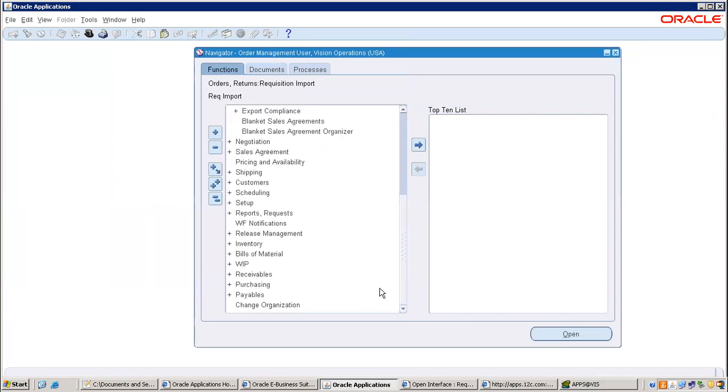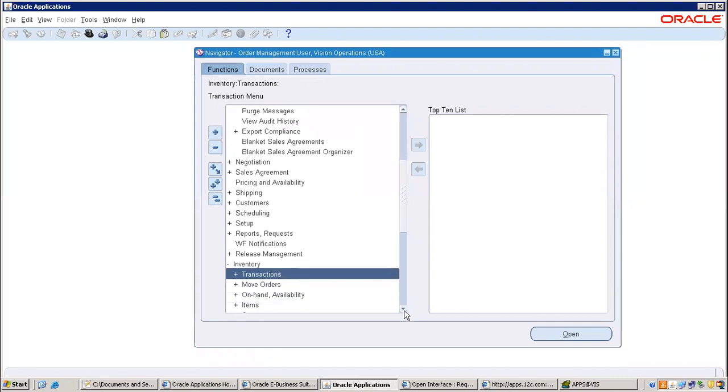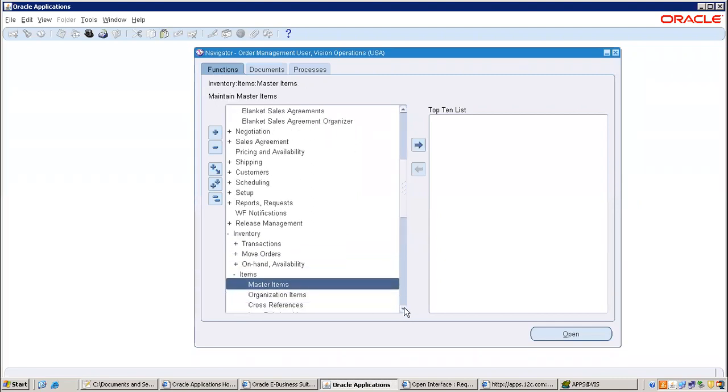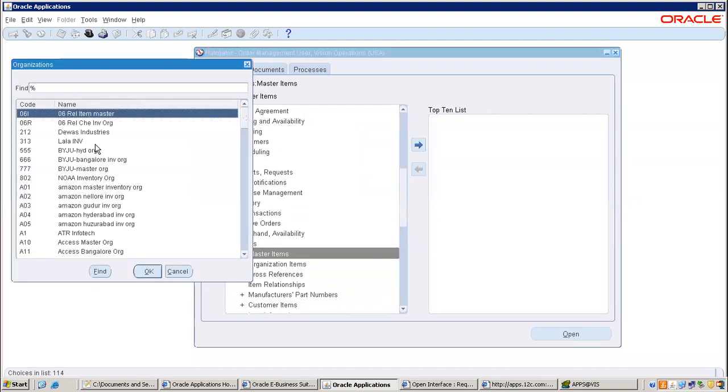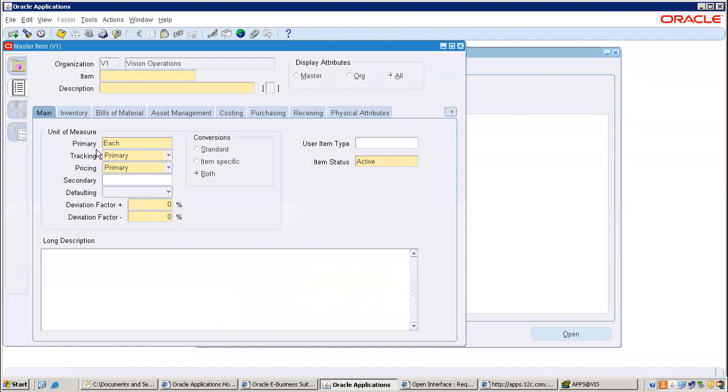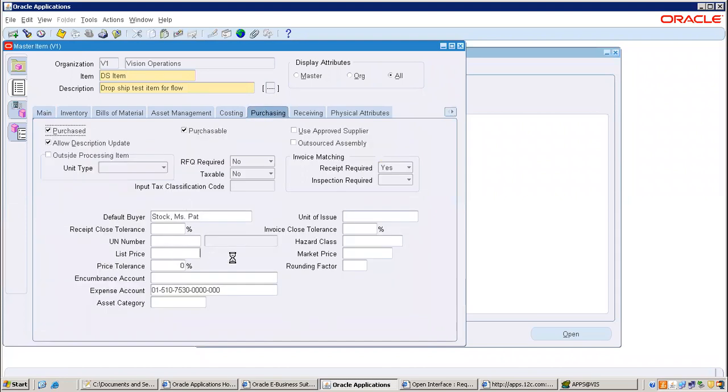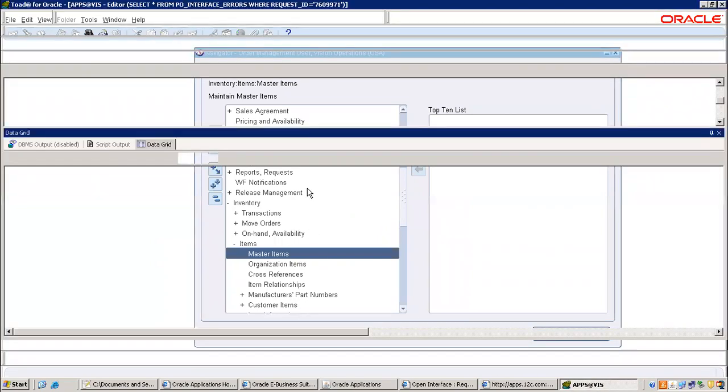Go straight away to the item master window. No, not miscellaneous, not related. Items, Master Items. We need to enter this. This is the price. So let's say the purchasing price, you are purchasing at $2,000. That's it. That is the solution for this. If you want to read the message again, you can read.